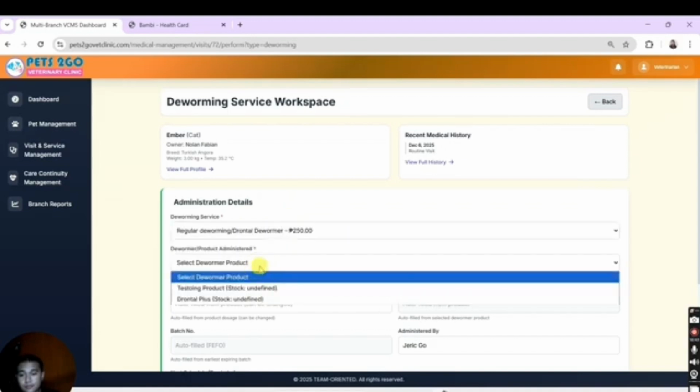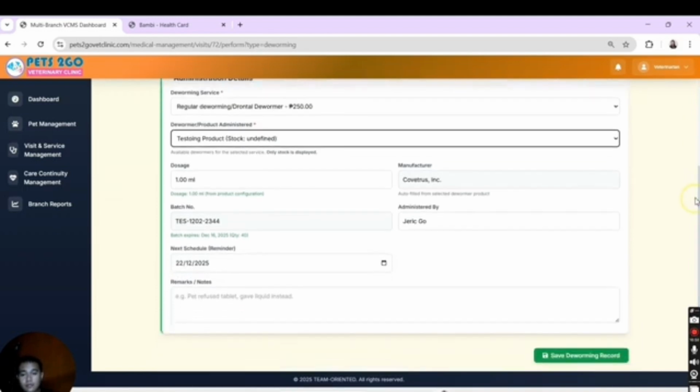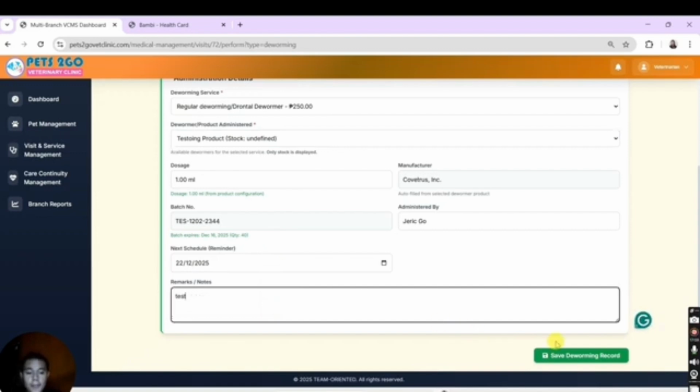Click the deworming and then go to the action navigation to attend, and this is the details to attend deworming services. Perform the selected services, which is any deworming